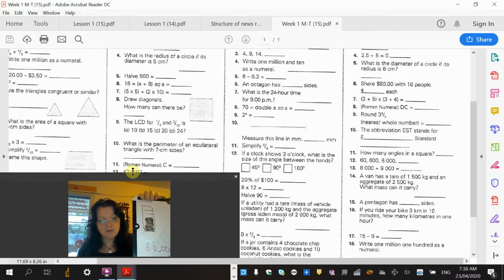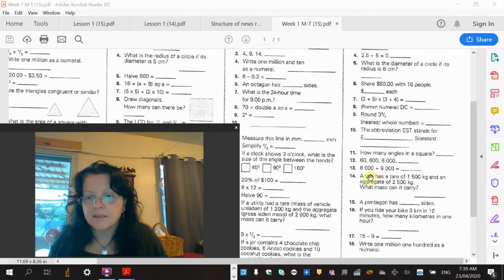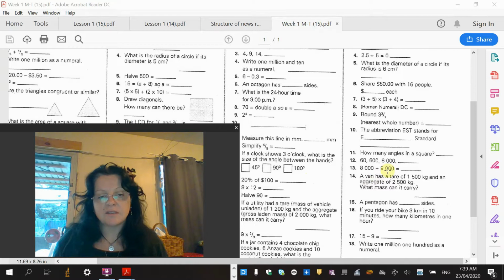60,000 because we've added another 0. Yep. There we are. Okay, 8,000 plus 9,000, and once again, this is just knowing the strategy that the same amount of zeros, same place value. All we've got to do is add these two and add those zeros on. So we can even call this a friendly number and round it up and say 10. So 10 plus 8 is 18, and then we can take 1 away to make it 17 and add the zeros in, so 17,000. A van has a tare of 1,500 kilograms and an aggregate of